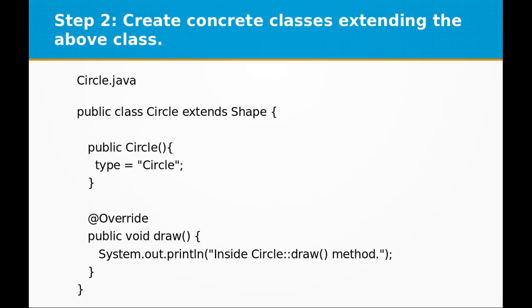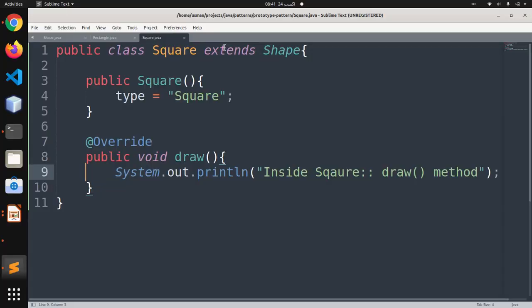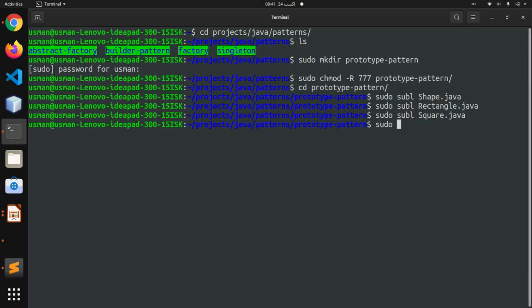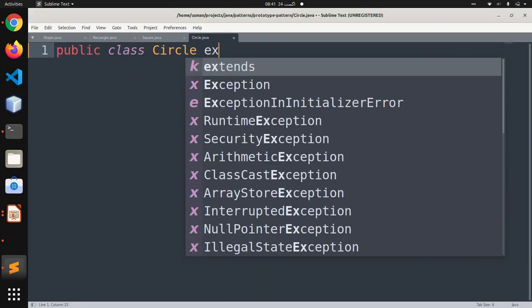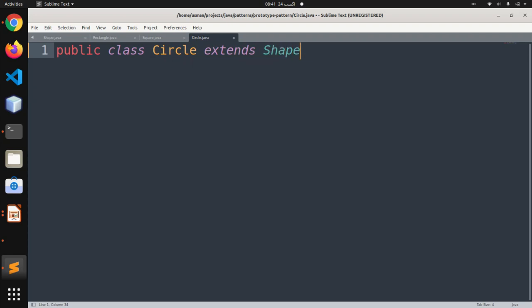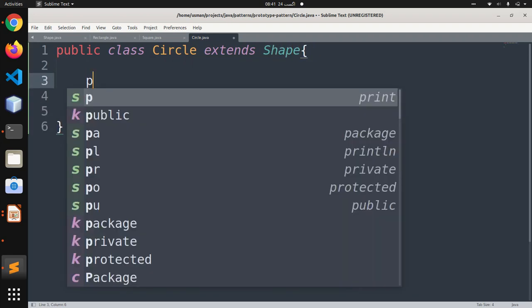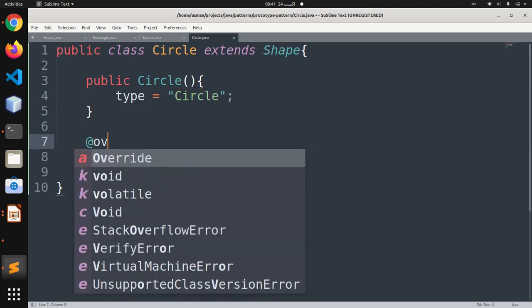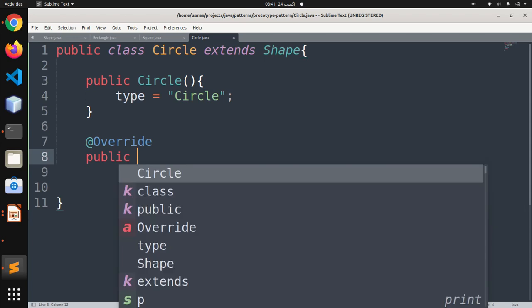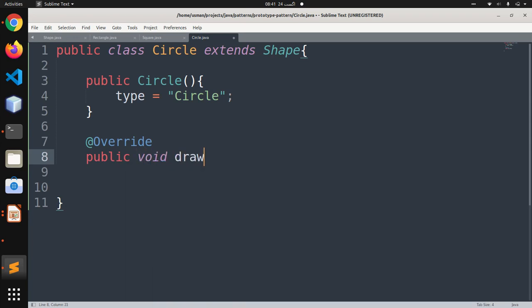Okay, the third one, and the last one in concrete classes, is the Circle.java class. So let's create that, Circle.java, and we have public class Circle extends Shape class, and here we are going to define the constructor public Circle, and we are going to set the type to circle. The next thing we are going to do is override the draw function that has been declared in our abstract class Shape,